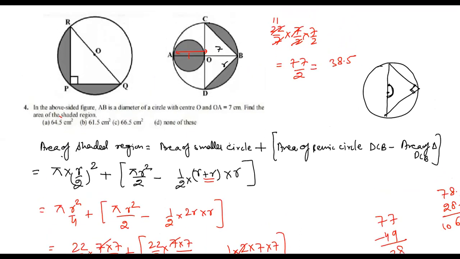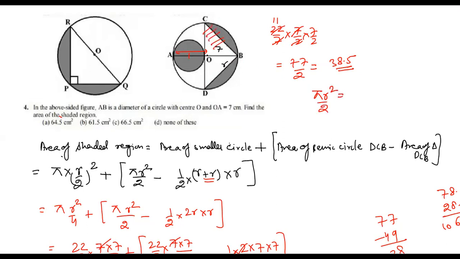Now you need to calculate the area of this shaded region. How can you calculate the area of this shaded region? So this will be pi r square. So we will first calculate the area of the semicircle. This semicircle area will be pi r square by 2, and that would be 22 by 7 into r. The value of r is 7 and 7. So 7 and 7 will get cancelled out, and we have to divide it by 2 also. Why? Because this is the semicircle, so we have to divide the area by 2. Then we will get 77.